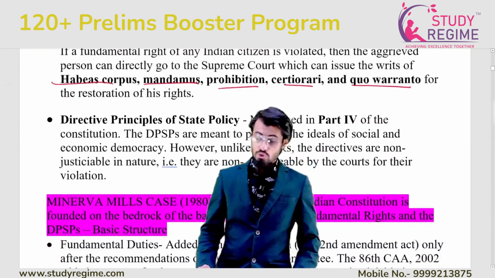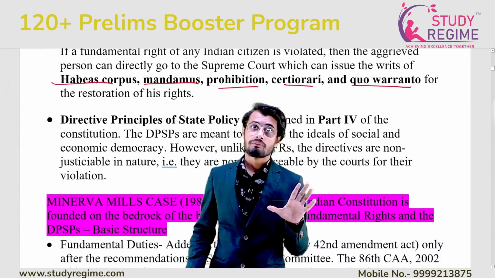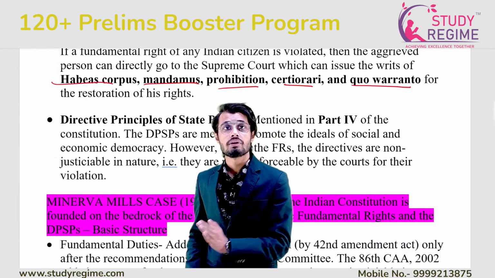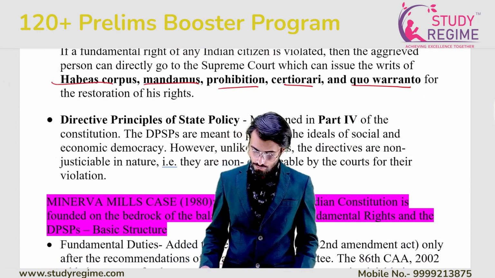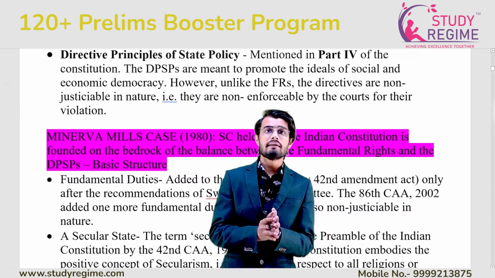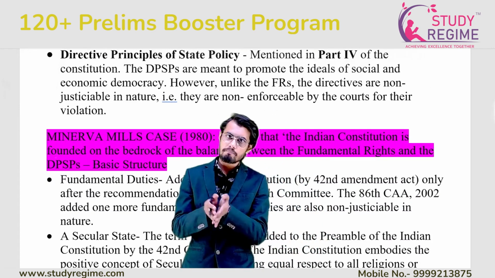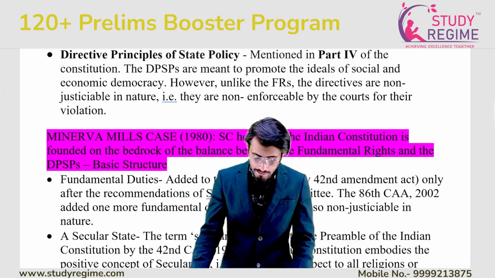Okay, so we do have 5 writs guaranteed by our constitution, that is habeas corpus, mandamus, prohibition, certiorari, and quo warranto. We'll be discussing what all are these. Then we do have DPSP, another very important segment mentioning part 4th of the constitution, the DPSP, that is directive